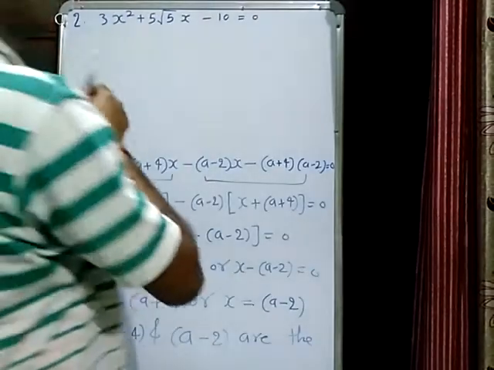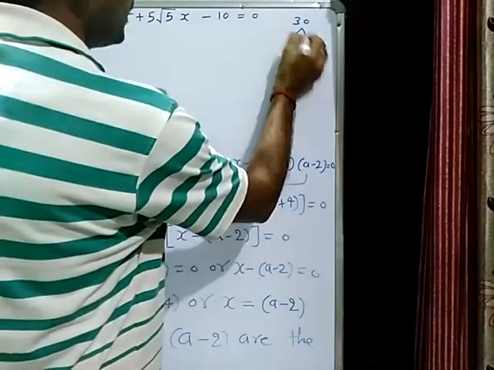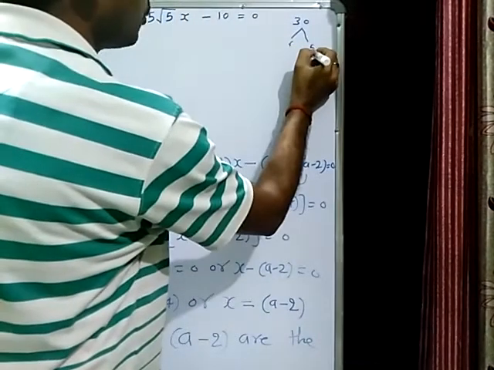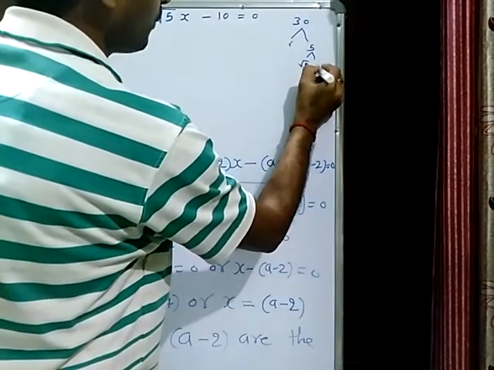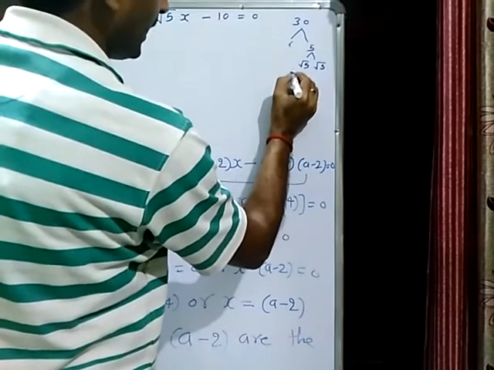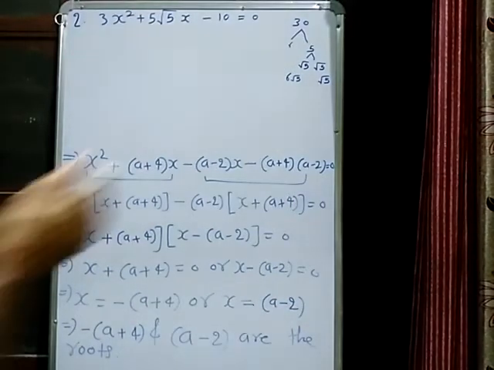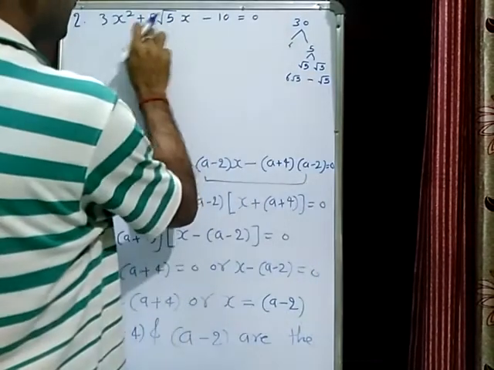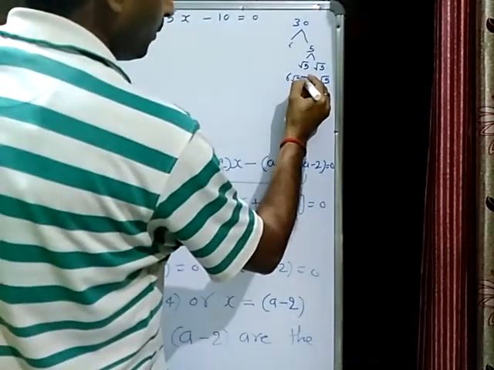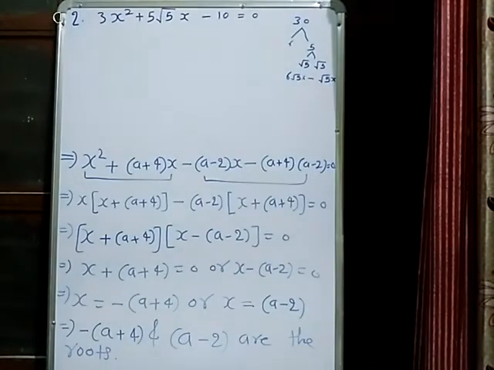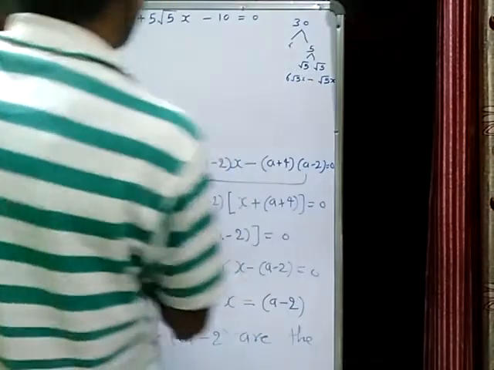Firstly, 10 into 3 you got 30. अभी देखो 30 के 2 factors लेना है जिसका difference root 5 होना चाहिए. So look students, you can write 6 and 5, but root 5 you will get only when you make root 5 from here, because 5 can be written as root 5 into root 5. So one factor I can take 6 root 5 and the second factor can be taken root 5. So that is root 5, and 6 root 5 minus root 5 is equal to 5 root 5 x. So therefore, in place of 5 root 5 x I can write 6 root 5 x minus root 5 x.